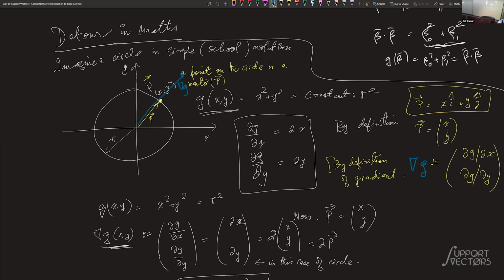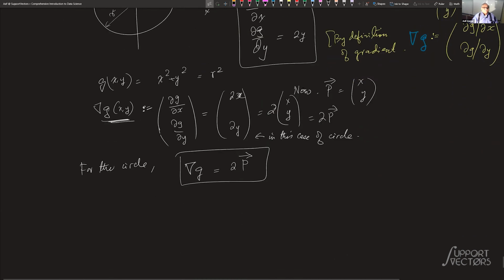This is grad G. Would you agree? And that is a crucial insight. What we are saying is, let me summarize the point. So we find for this specific case,